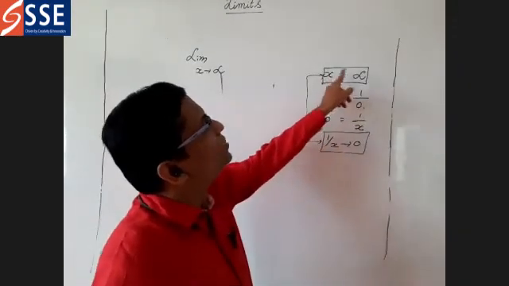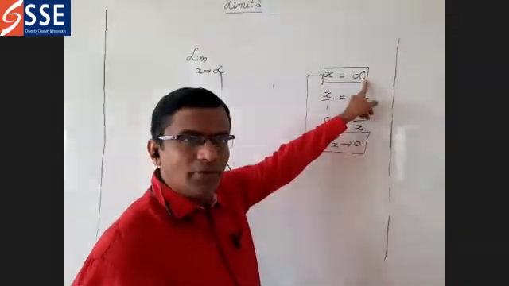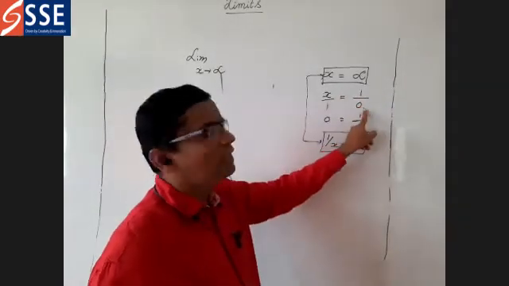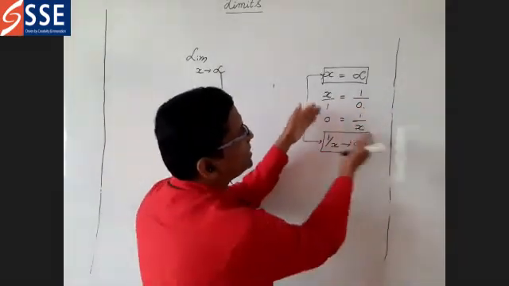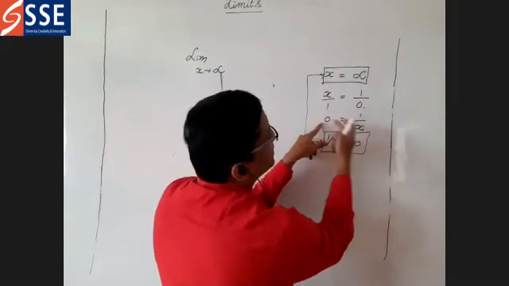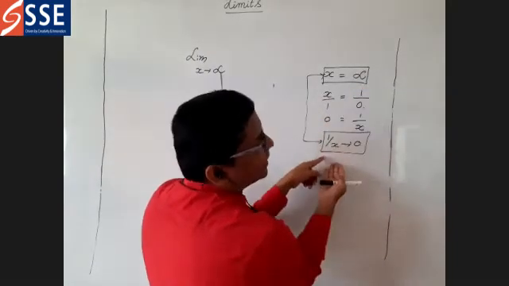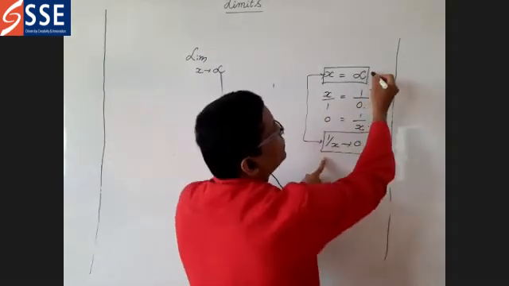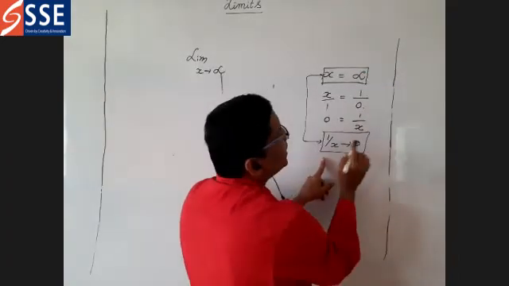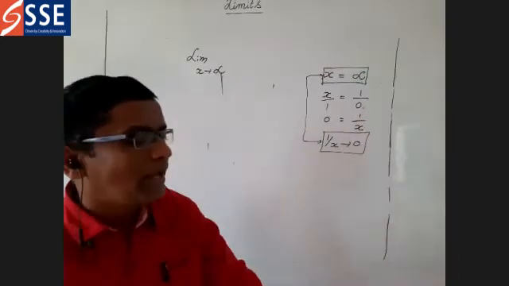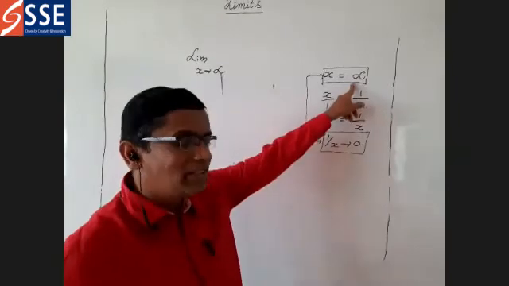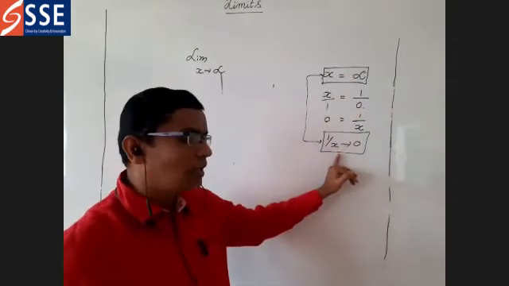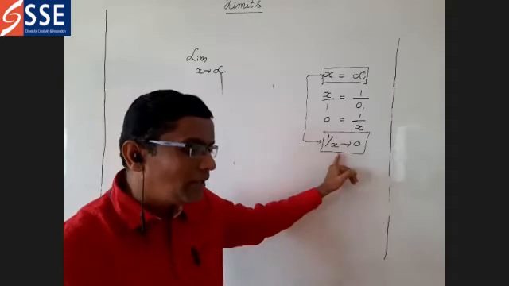x tends to infinity is nothing but x is equal to infinity. You write down x is equal to infinity as 1 by 0 and interchange these two: 1 by x tends to 0. The same thing we are getting. That's why x tends to infinity is nothing but 1 by x tends to 0. We are going to apply this rule wherever we find x tends to infinity. So, one another limit, 1 by f.